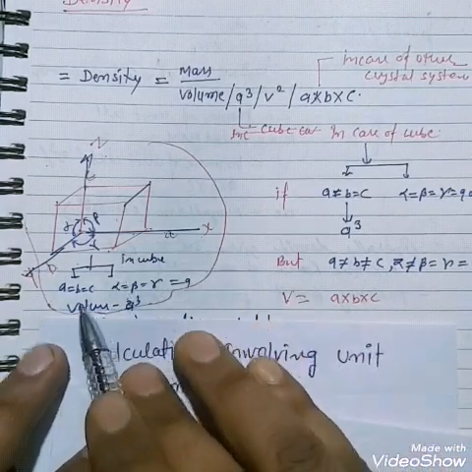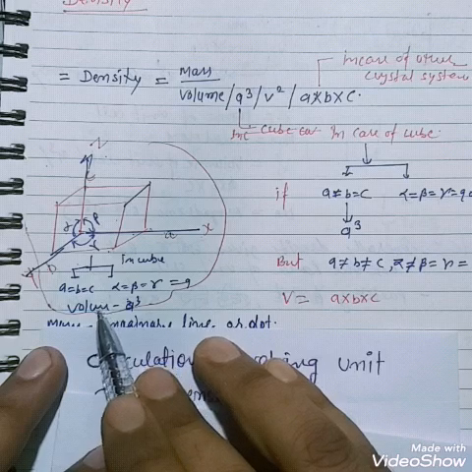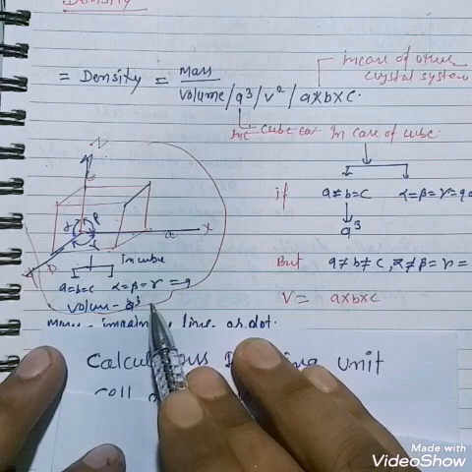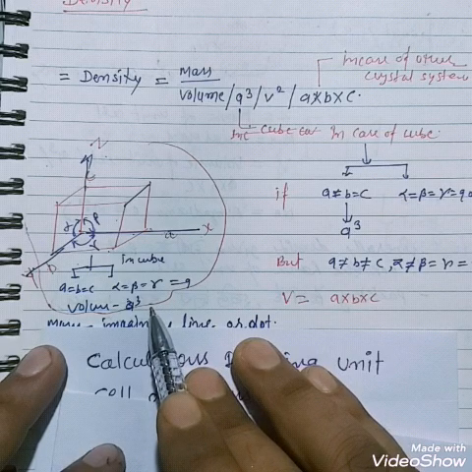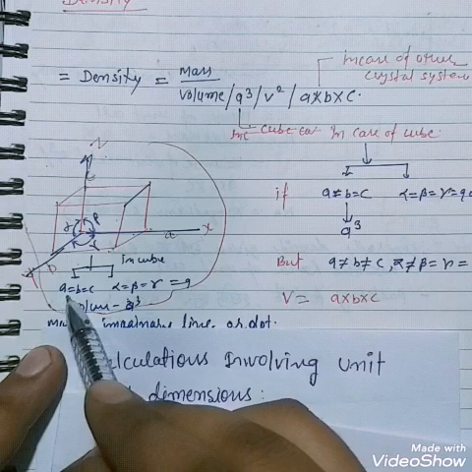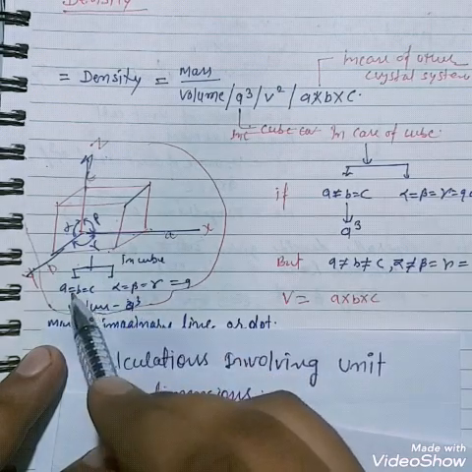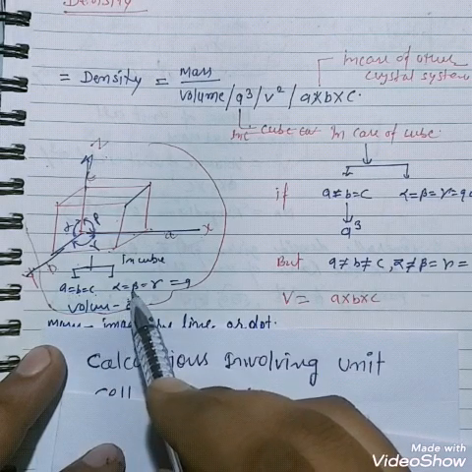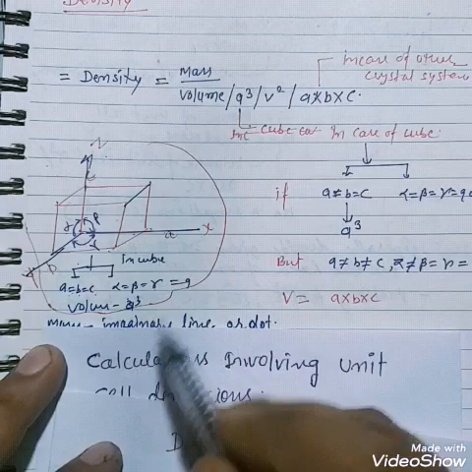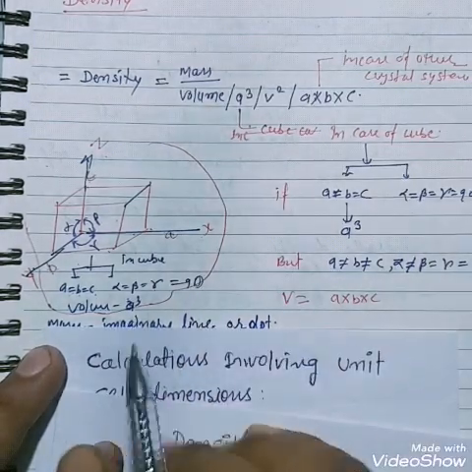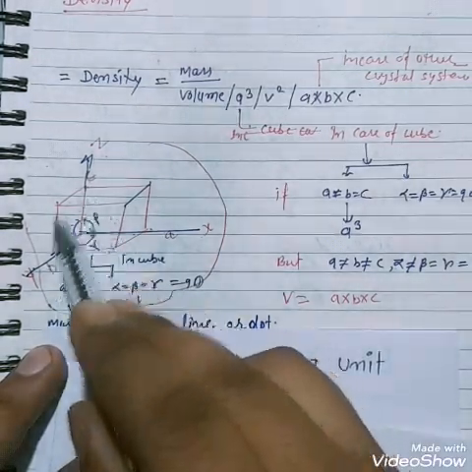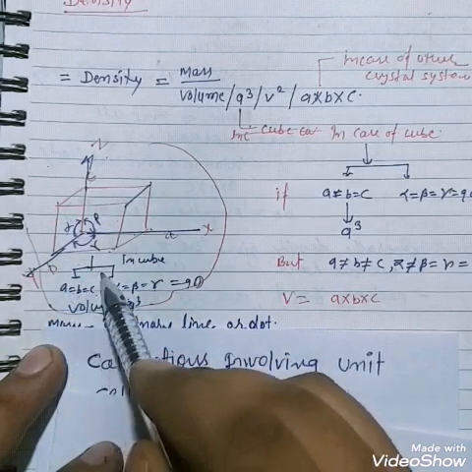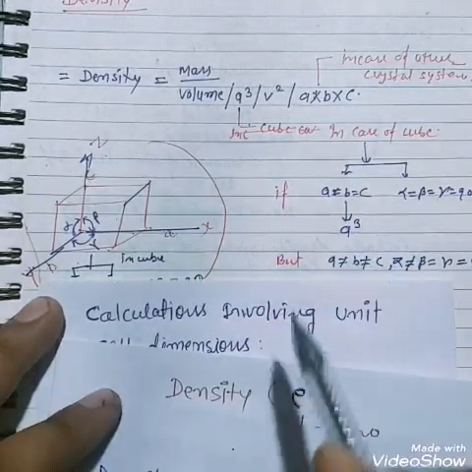Here we talk about the crystal, that means the cubic cell. Cubic cells are of three types: SCC, BCC and FCC. Their edges are equal, A equals B equals C, and alpha equals beta equals gamma, all having 90-degree angles. It is very important. That means all the edges are the same, so I am putting here A.